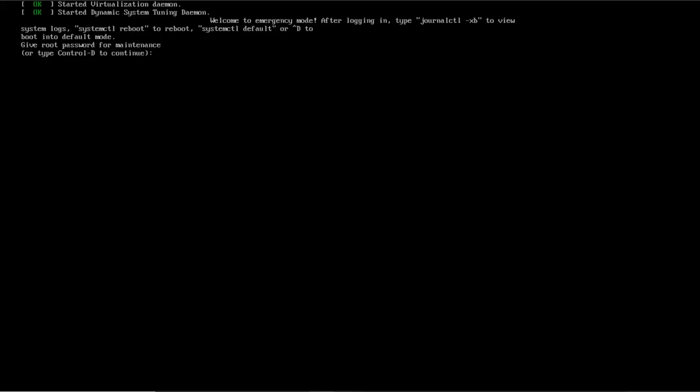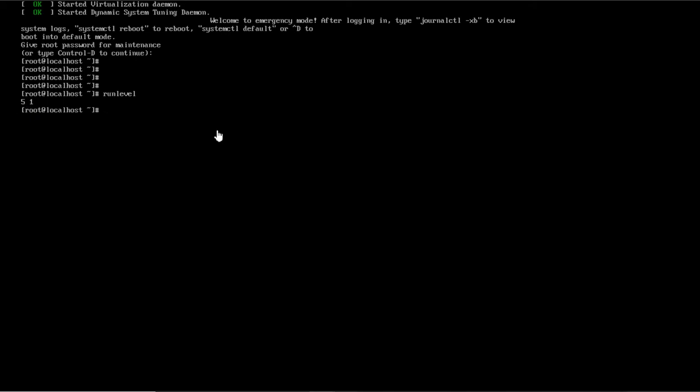and you can see it has changed, and we are now in rescue.target, or we can say it is saying welcome to emergency mode. This is emergency mode, coming from emergency.target, but it is not allowing me to log in without a password. It is asking for the root password, and only if I provide it can I log in. But in previous versions, we didn't have to provide any password, you could log in without one. Now when you check the run level, it says right now we are in run level 1, previously we were in run level 5.